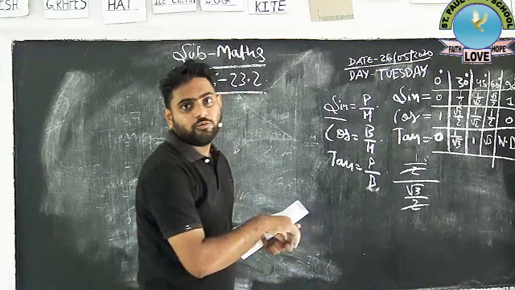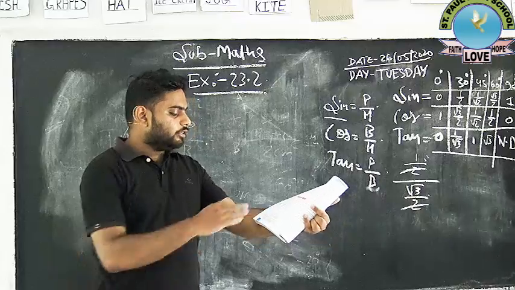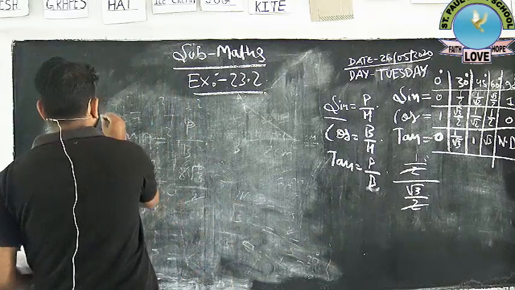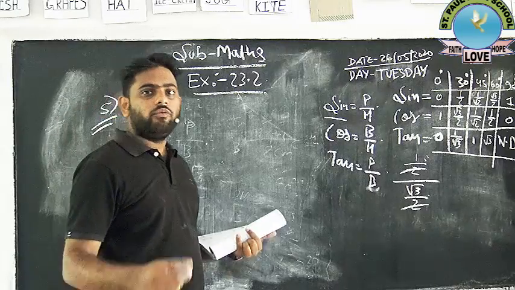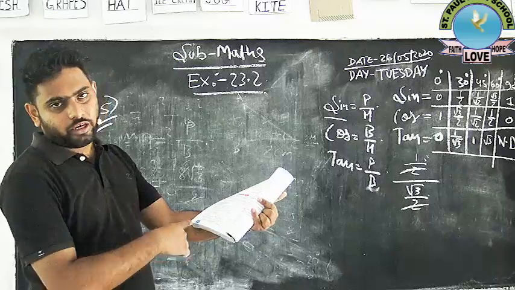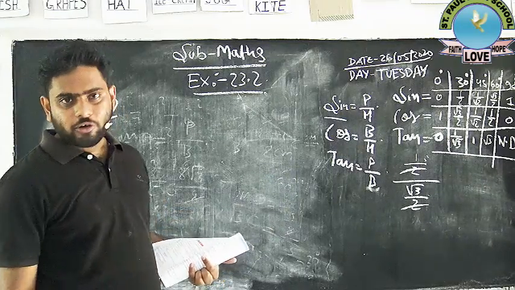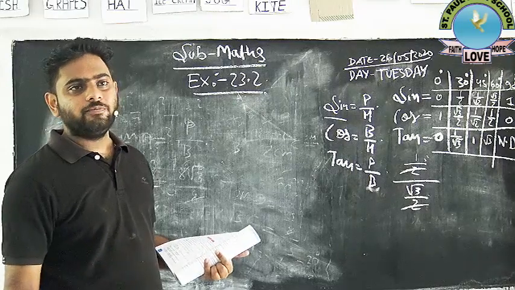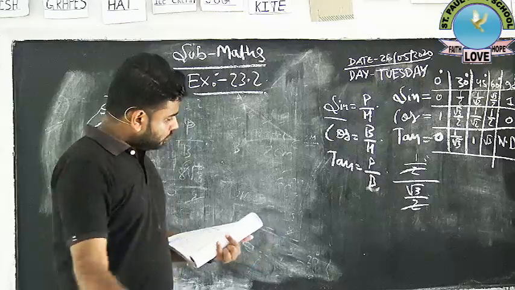Not get anything means what? You will not learn. Now 1, 2 I have done, 3, 4 you can do. In this exercise we have 10 questions. So 1, 2 I have done, 3, 4 is homework, and 5 I am doing right now. There are so many questions. I will do 2 questions and the rest is your homework. You can give it a try today only, and after that whatever the doubt is, just inform me.